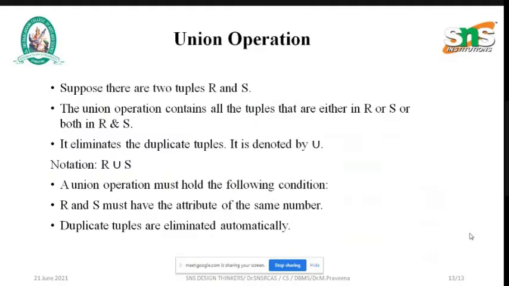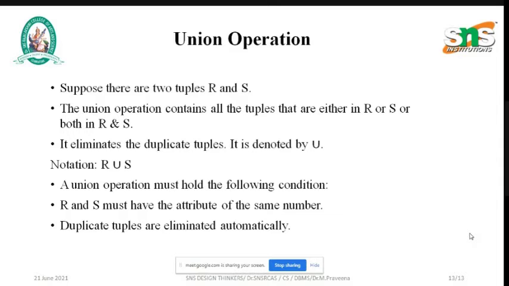Next let us see about the union operation. We all have already studied about this union operation in mathematics, isn't it? What is the purpose of union? It will combine all the tables, all the attributes, that is called the union operation. Union means combining all the attributes.